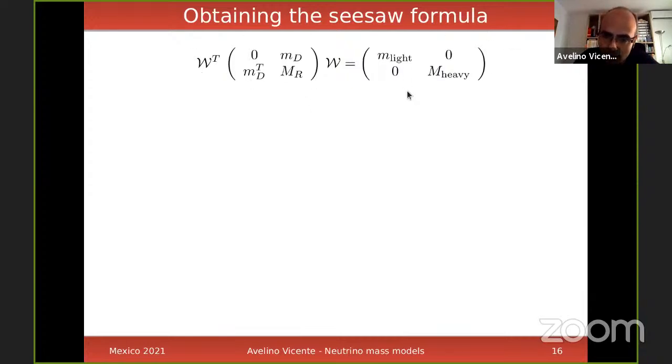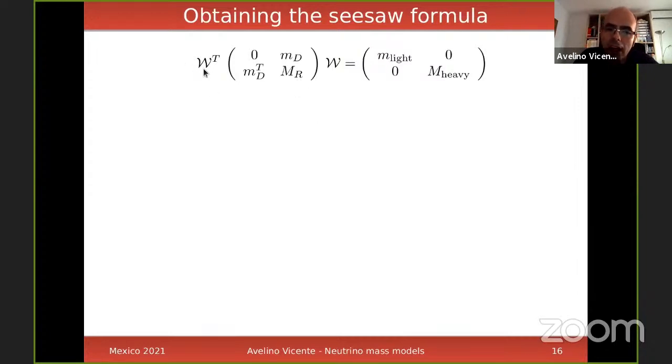Actually, this is not a diagonalization. If you want to be precise, this is what in mathematics is called a Takagi transformation, because here you have W transpose W. You don't have W inverse. Okay, this is not orthogonal, but a unitary matrix. But there is a theorem that tells you that you can always do that if the matrix here is symmetric. I cannot prove that theorem in these lectures, but you believe me. You can always do that if the matrix is symmetric, and it is symmetric in this case.